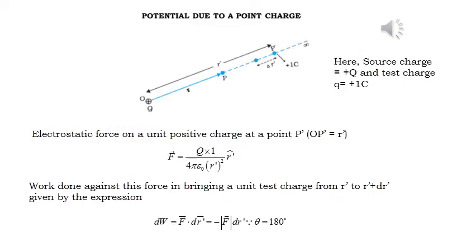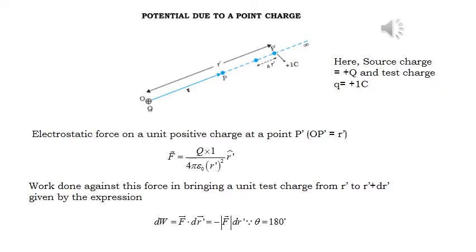Based on the discussion of the electrostatic potential V at a point, now we are going to derive the mathematical formula. So look at the figure. Capital Q is a source charge and P is an arbitrary point, the final position, and infinity. From infinity we are going to bring a unit positive charge until the point P, which is at a distance R from the point charge, or source charge, Q. So this is the information we obtained from the diagram.